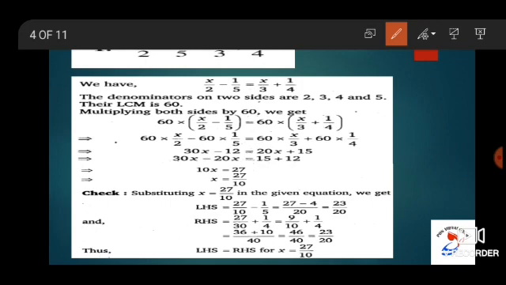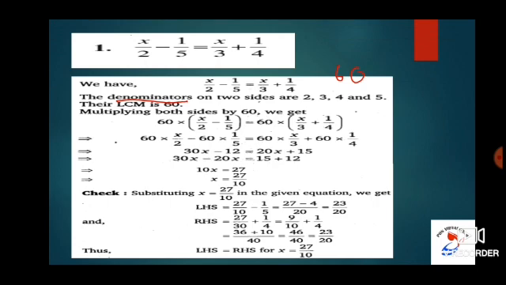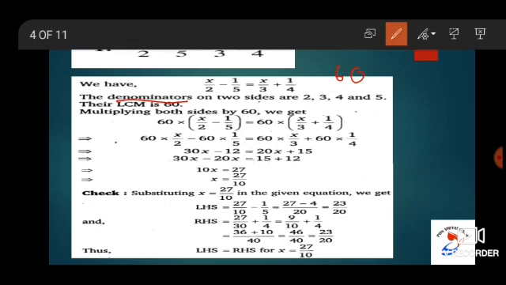On both the sides, we are having 2, 5, 3 and 4. So, for 2, 5, 3 and 4, we are first finding the LCM. The LCM is 60. So, we are going to multiply by 60 on both left hand side as well as right hand side. Let's see what happens after multiplying by 60 on both sides, which will give you the result as 60 into x by 2 minus 60 into 1 by 5 is equal to 60 into x by 3 plus 60 into 1 by 4.